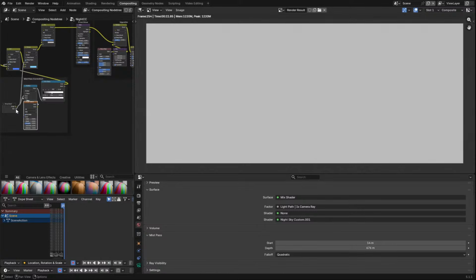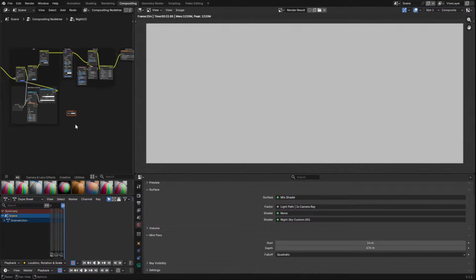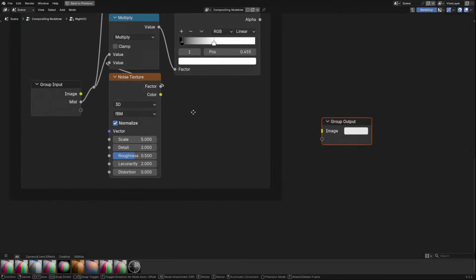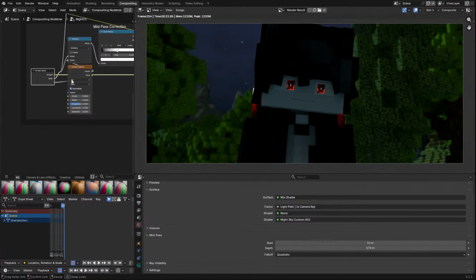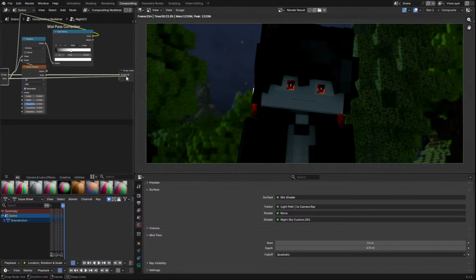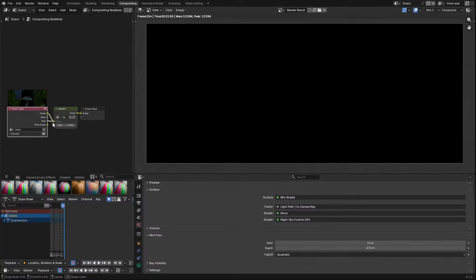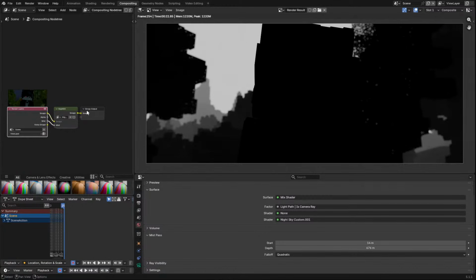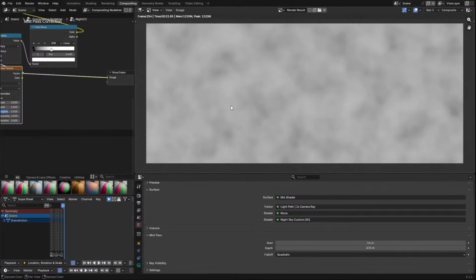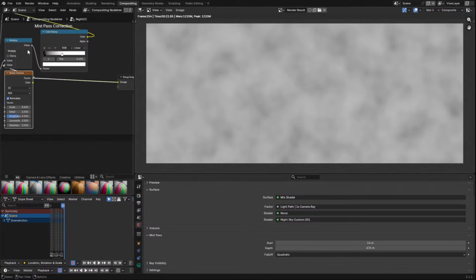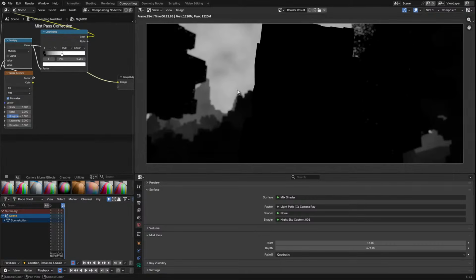So here is the mist. Let me bring the mist out. All right, so here's the mist. Oops, that's not the mist, this is the mist. Just go out and then connect mist here. Right, so this is the mist. I can give it a texture or some variations like this. This is the variation I'm going to give it, so I'm going to put multiply here. Boom, right? So you see a little bit of variation, and then I can